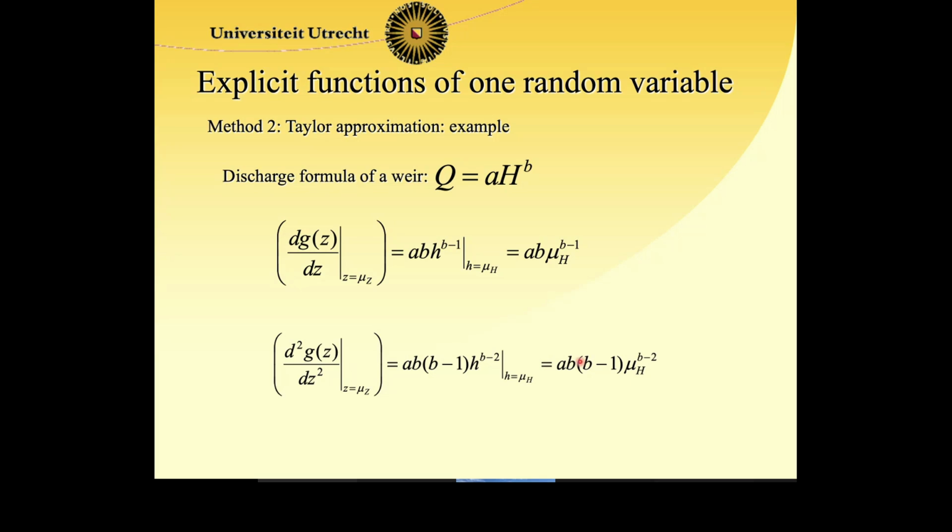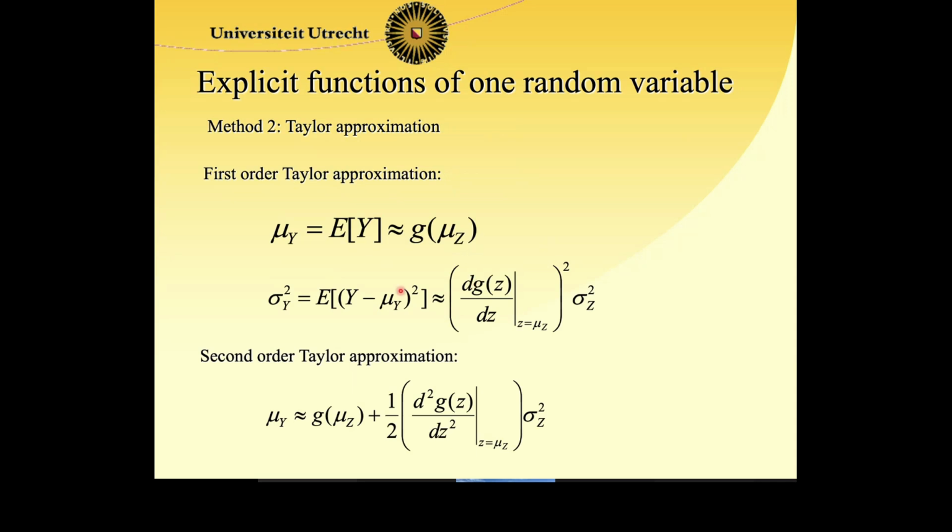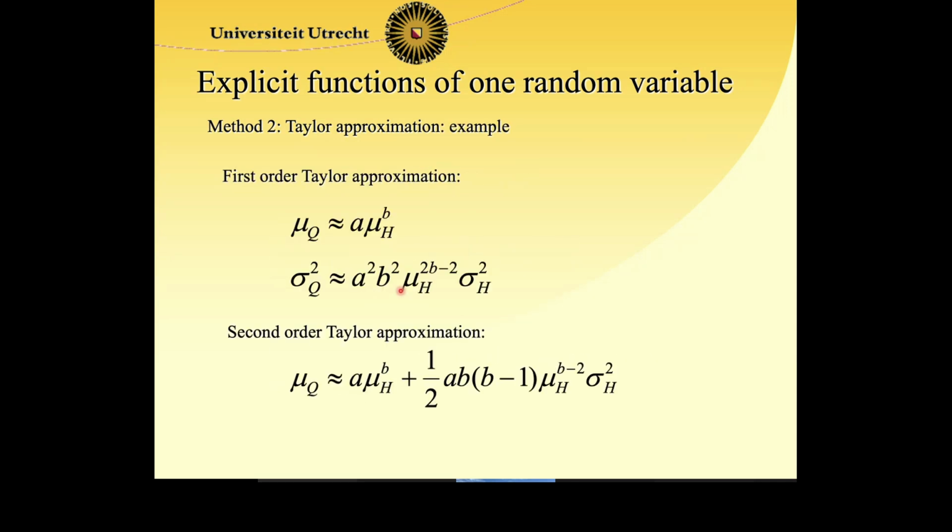Now using these and using these equations, these are our first order Taylor approximation of our formula. This is the first order Taylor approximation of the mean, and this is the first order Taylor approximation of the variance, and this is the second order Taylor approximation of the mean, as you can see. So there's an additional correction term here, and since